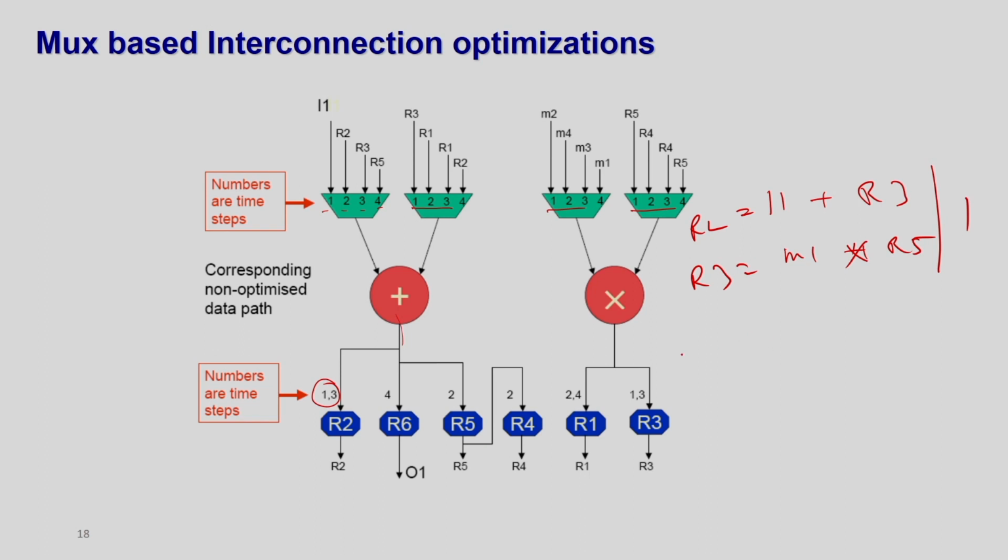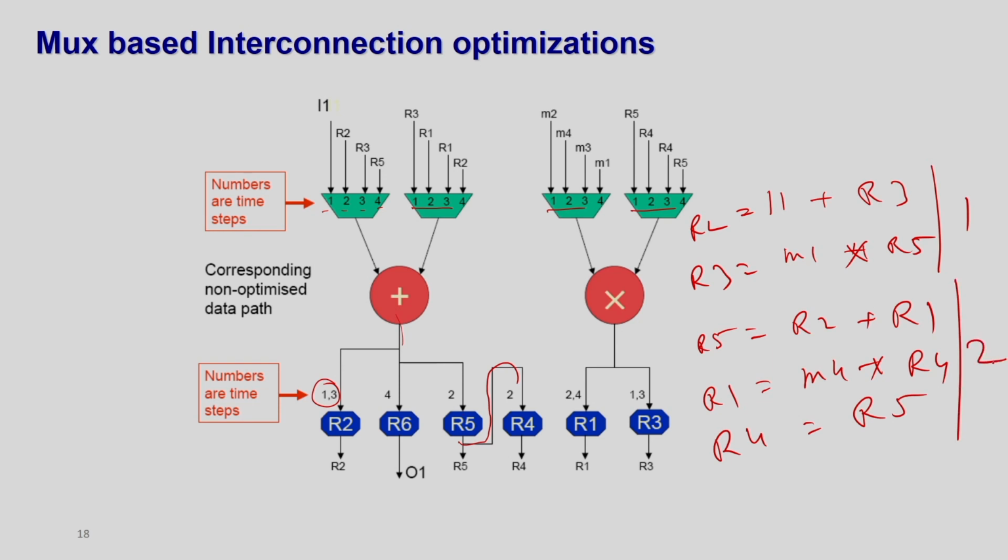Similarly, I can write for timestamp 2. In timestamp 2 it is R2, here it is R1, and the output is going to R5. So, R5 equal to R2, okay. And then similarly, here it is M4 star R4 equal to R1, right, and also there is an assignment here. So, basically R4 equal to R5. So, this is in timestamp 2. Okay. So, this is the schedule behavior,